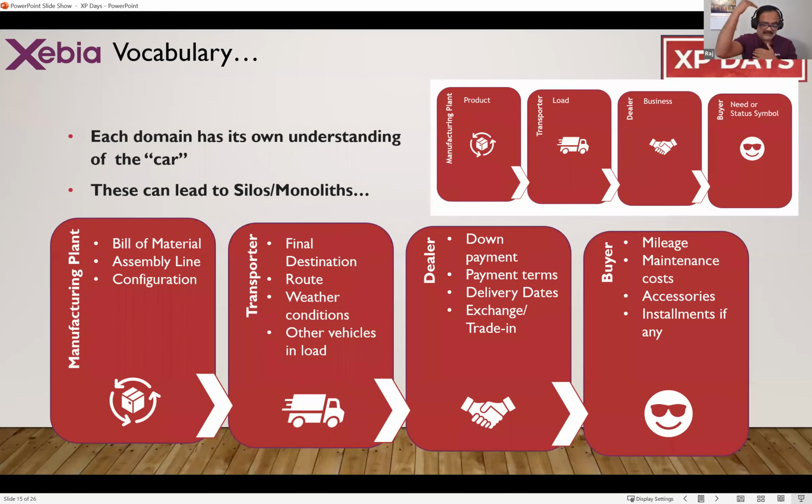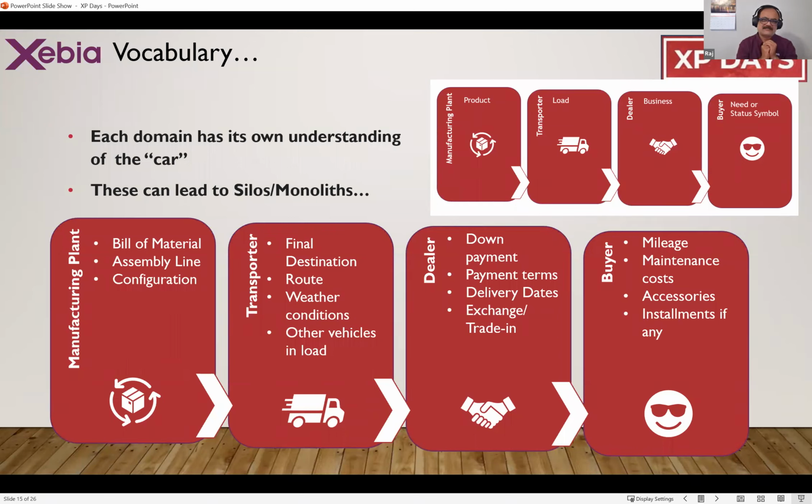So it is built specifically for you, right? You tell them, I want this, I want this. They allow some customization, not the entire thing. So you need to build it. And when it comes to the transporter, he is worried about what the final destination is, what the route is, what the weather conditions are. When it comes to the dealer, what is the down payment I should put? What are the payment terms? What is the delivery date? Can I deliver by the date or not? Is there an exchange, selling an old car and getting a new one? Now for a buyer,